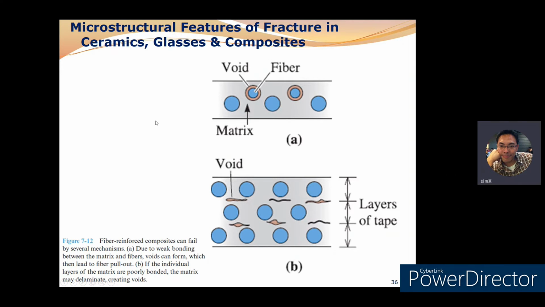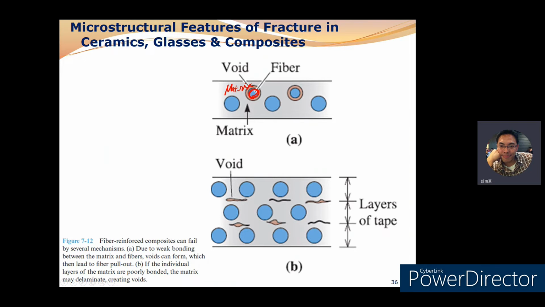in composite. As I already mentioned before, the composite consists of the fiber, the glass fiber, carbon fiber, like fillers, and the matrix. The most important factor for the composite failure is the bonding between the fiber and the matrix. Okay, if the bonding is weak,